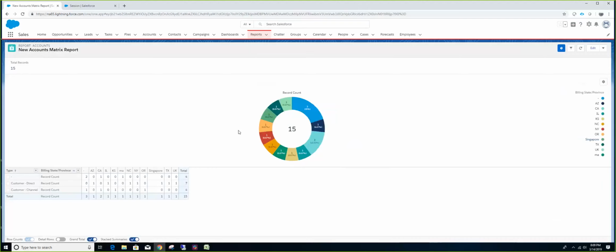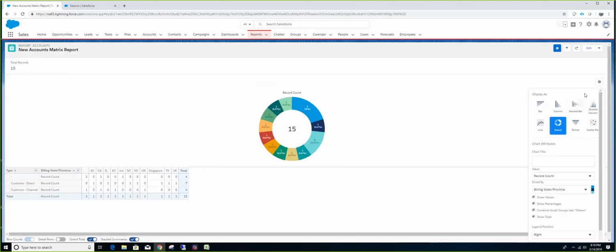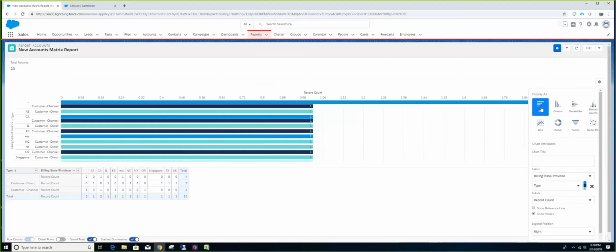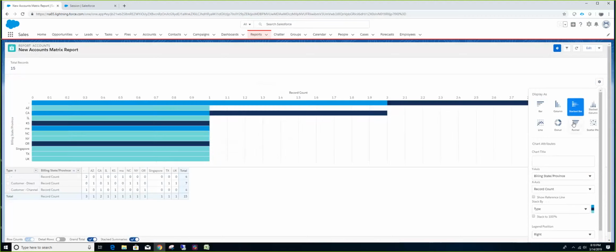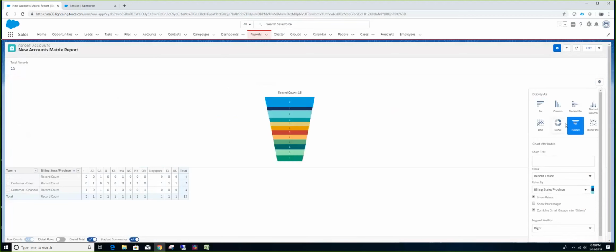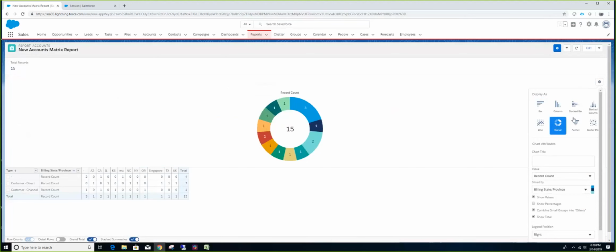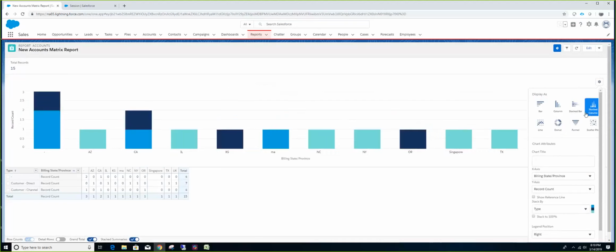With Lightning, they have improved the user interface of reporting so much. You can do beautiful things with it, like charts, pie diagrams, bar diagrams and all that stuff. Look at this, the graphics are so cool, the way Salesforce does this.